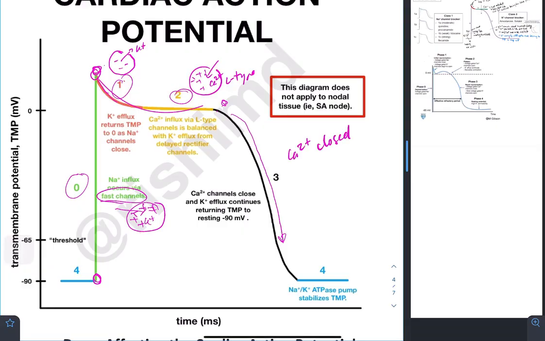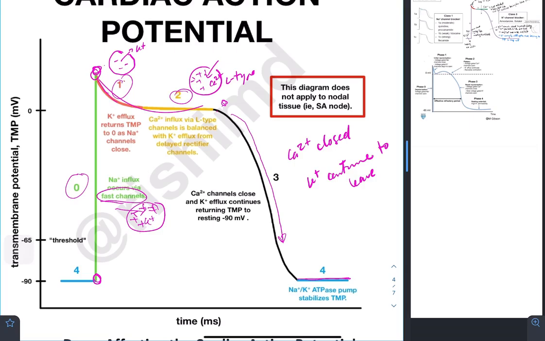So there's no more positive charge going inside the cell, but potassium continues to leave the cells. So it becomes more and more negative until it hits a plateau, because at this plateau or stage, phase 4,